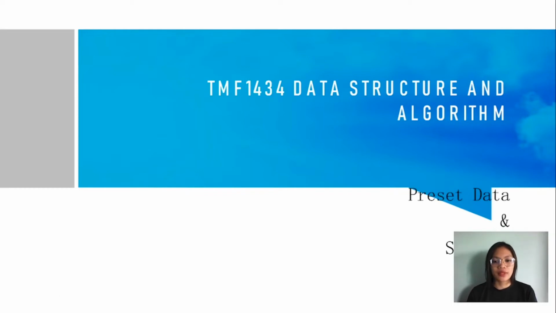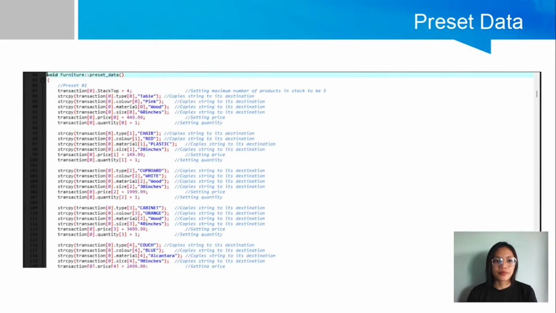So I'm going to present about preset data and summary. First, preset data. These are the member functions in class furniture. In here, there's a preset data of transaction, the first transaction. It is the setting number, maximum number of products in